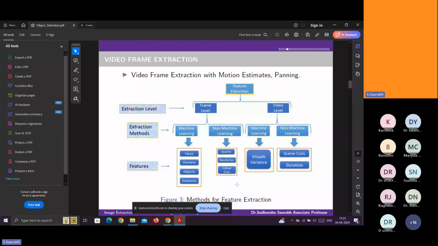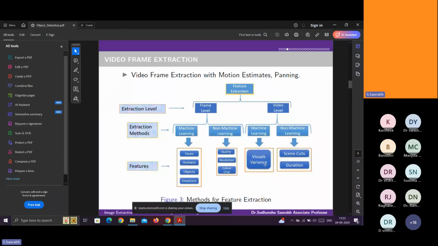Similarly, if it is a video, you cannot directly detect and recognize, so it is difficult. For that purpose, with machine learning and non-machine learning, you have to calculate the variance and apply a statistical technique.